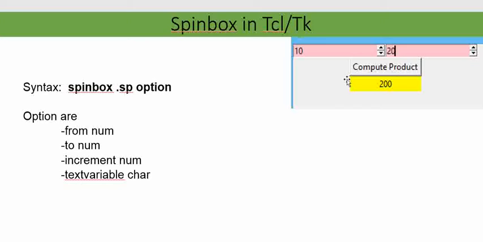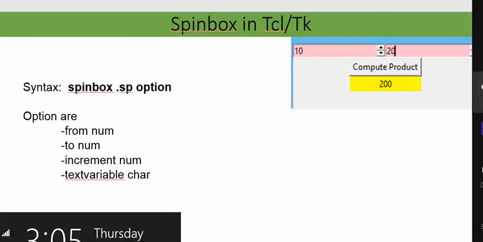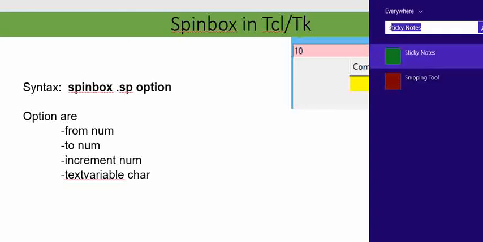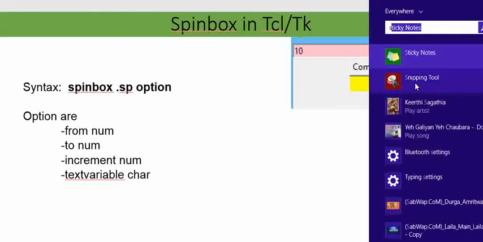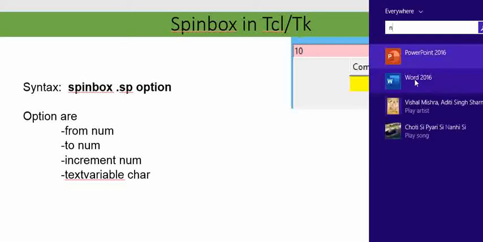The entry for the current value can act as a variable and can provide input to some procedure. In this diagram which I have shown, we have two spinboxes. They provide the input to a procedure. It has been bound with the button. Whenever an event occurs over this button, it computes the product, and the result will be displayed over a variable. So in this program, I will try to show you how we can implement this GUI